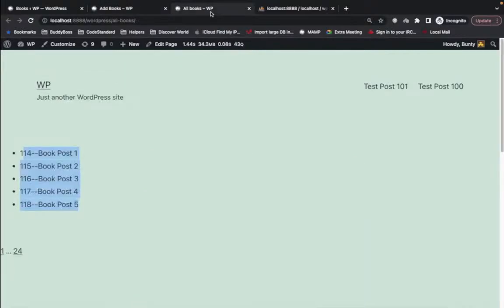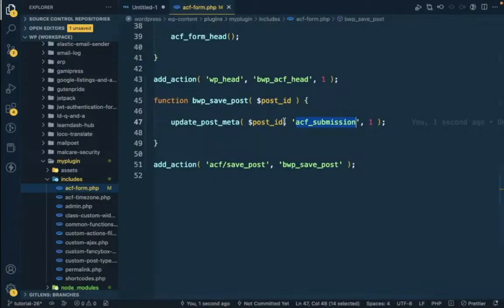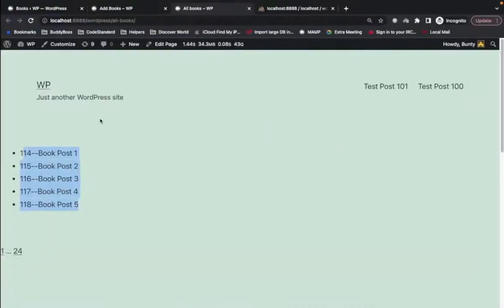So if we want to have those books which is added via ACF form only, in that particular case, the data we added over here will be useful. So the result I am displaying over here